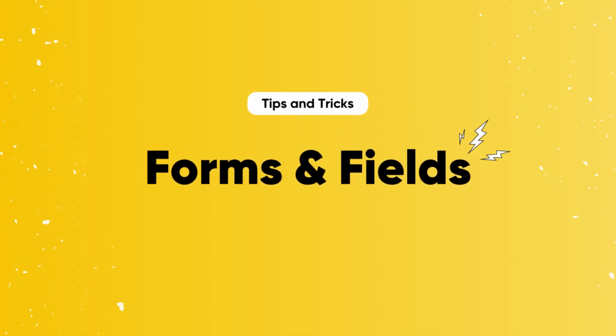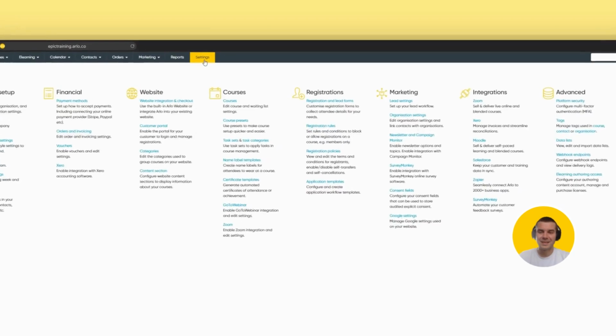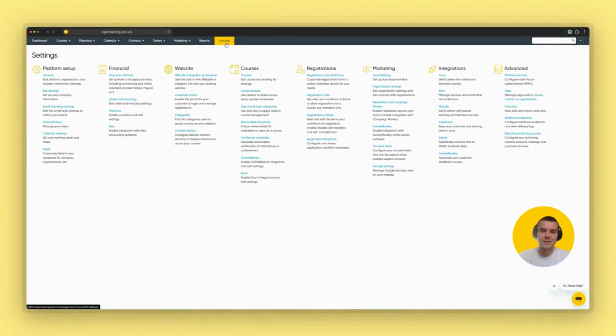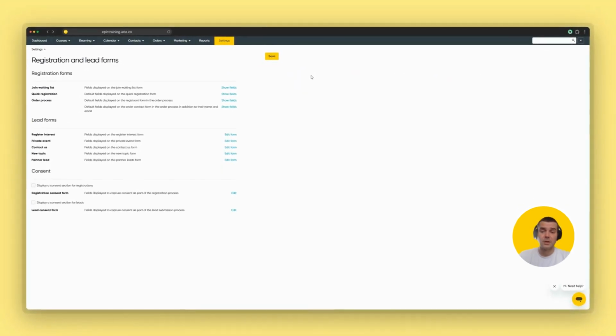Let's take a look at how to configure the forms used in the Arlo checkout. Head to the settings area and then go to registrations and find registration and lead forms. Here you can customize forms for a variety of different registration forms. You can look for registrations for both paid and free. You can manage your waiting list forms, any lead forms such as for private training like register event, private events,